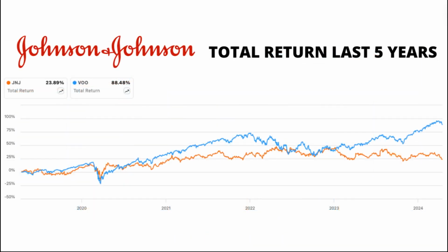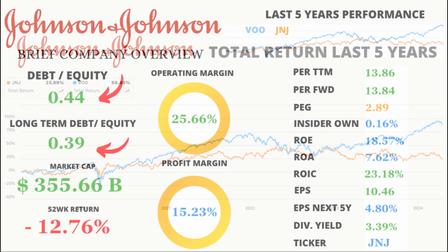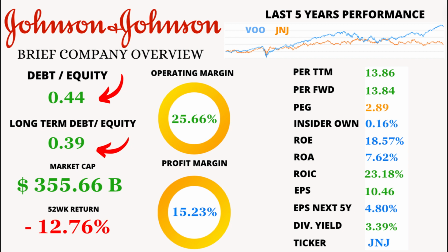However, despite this consistent growth, the market price of Johnson & Johnson has not reflected this positive evolution, obtaining a total return lower than VO during the last 5 years. So, what's the bottom line? With a debt-equity ratio of 0.44 and a long-term debt-equity ratio of 0.39, suggesting good financial health, Johnson & Johnson stands tall with a market cap of